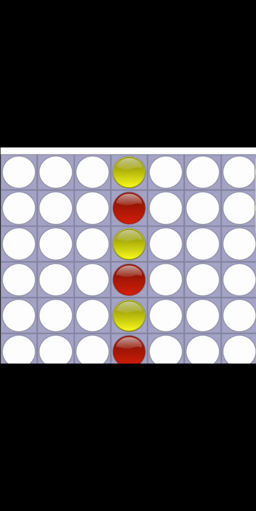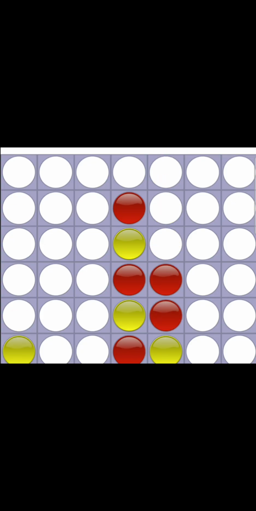Hey guys, in this video I'm going to cover not the main stack opening, which is this opening. I'm going to cover a deviation of the main stack opening. So let's say the second player, instead of going here, goes here. Then we follow them. Then they have to go there, because otherwise we get our D shape, and we win